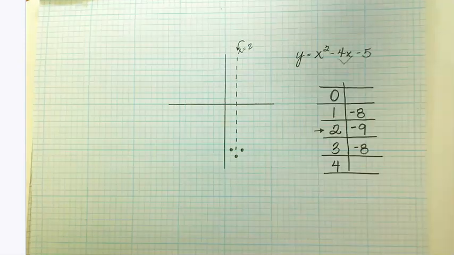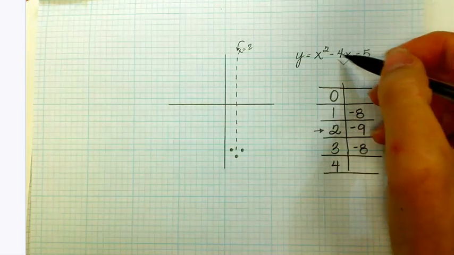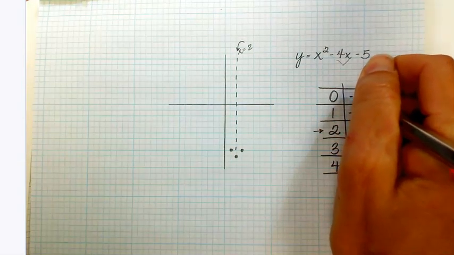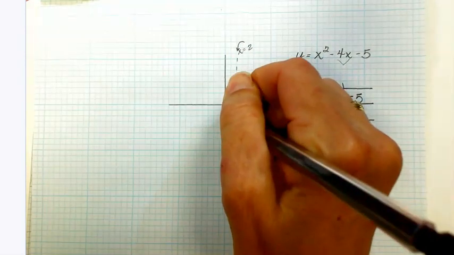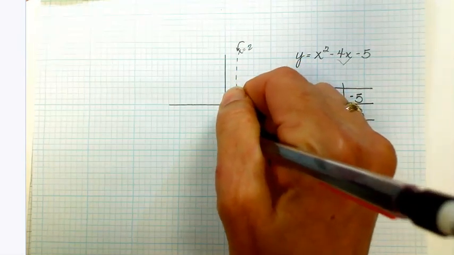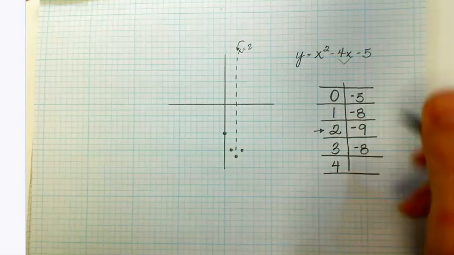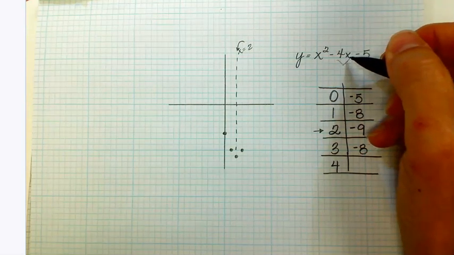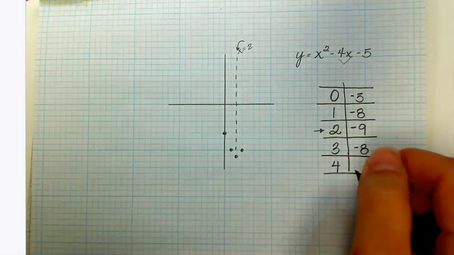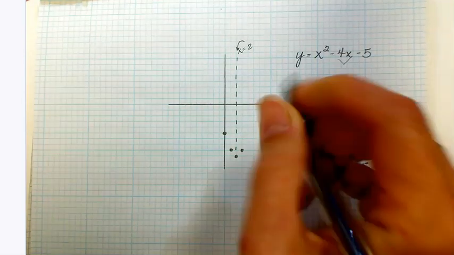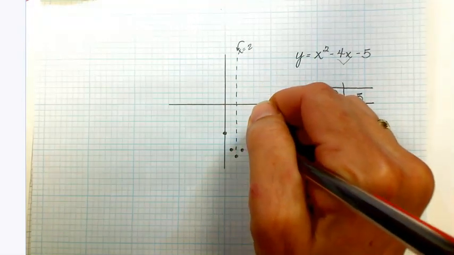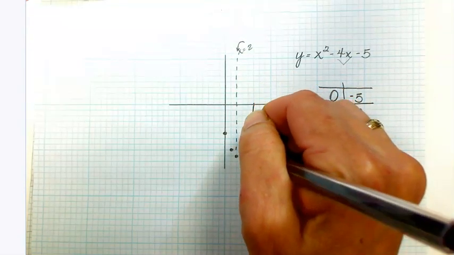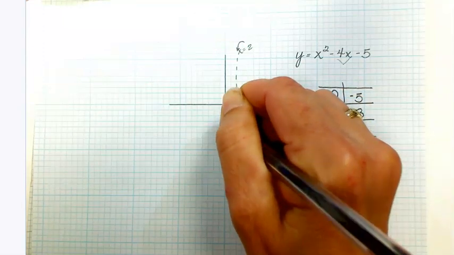All right, put a 0 in here. 0 squared is 0, minus 4 times 0, minus 5, and you get (0, -5). 4 squared is 16, minus 4 times 4, which is 16. So 16 minus 16 is 0, minus 5. You get (4, -5). Okay, and at that point, you should have enough points, probably 5 is your minimum, to sort of